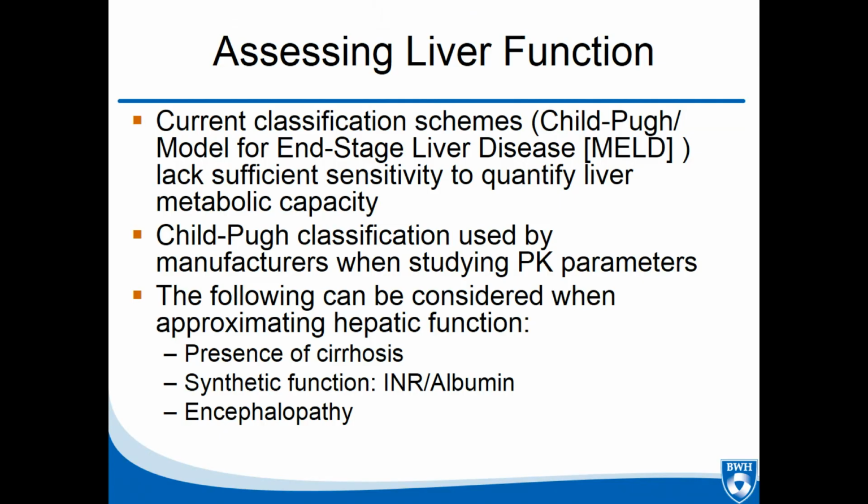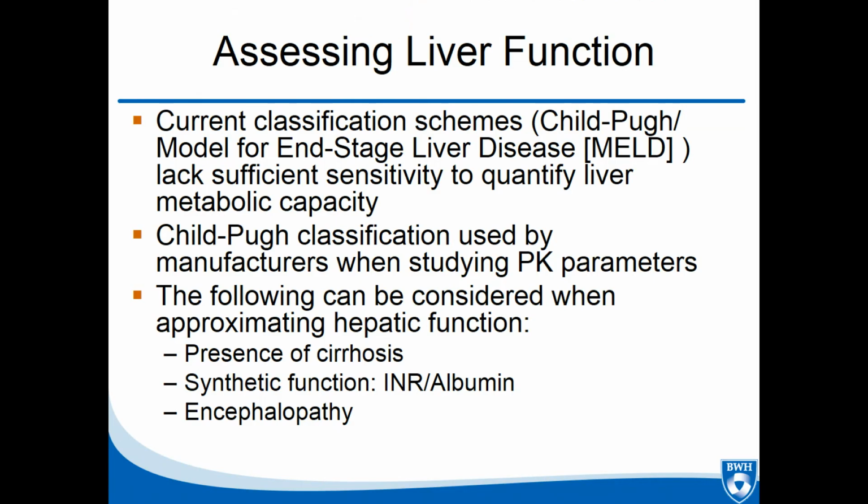Now, how do we assess liver function as far as the pharmacokinetics go? It's very difficult to apply these assessments of liver function to medications. The current classification schemes, Child-Pugh and MELD, don't have great sensitivity to quantify liver metabolic capacity. There are some medications that do have dosing suggestions based on Child-Pugh scores, but they're few and far between. It's largely an approximation. I think you have to use it as a piece in a bigger picture,